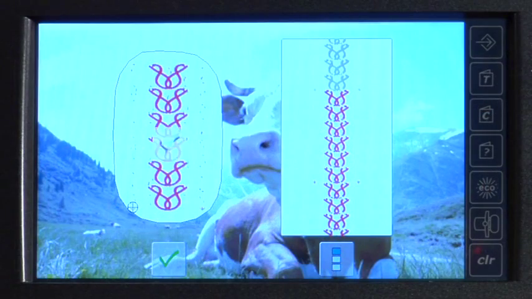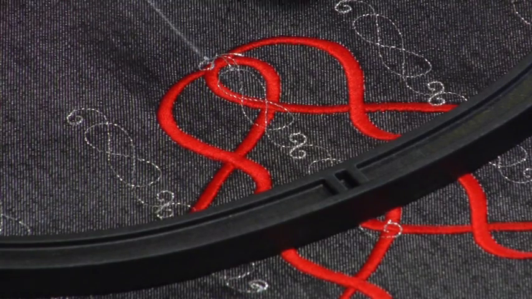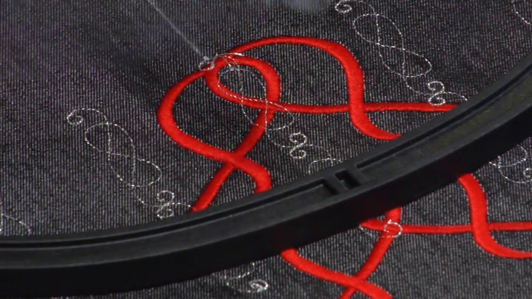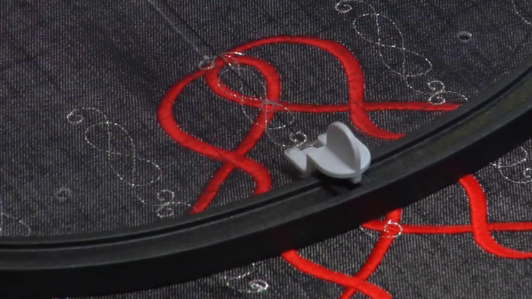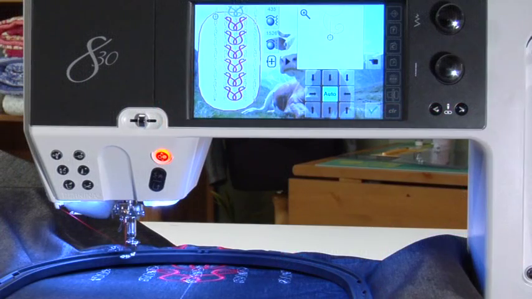The reference points are stitched out last. Touch the Endless Embroidery icon to proceed. Place the fabric in the hoop so that the stitched out reference points are at least 3 centimeters from the upper edge of the embroidery hoop, at the same time aligning the center line of the template with the center line of the fabric. Touch the Next Page icon and the BERNINA 830 shows you where to move the needle